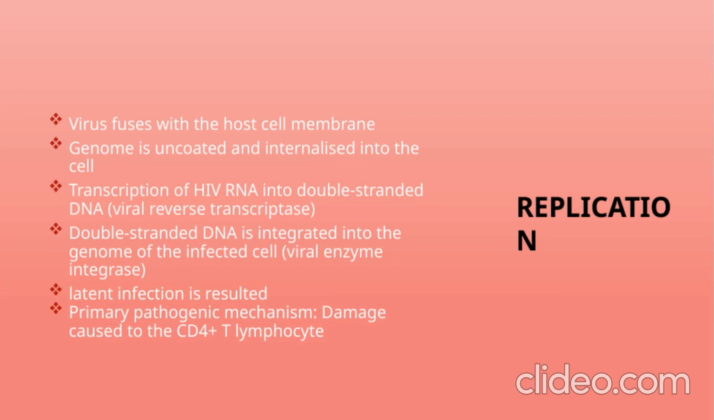First, the virus fuses with the host cell membrane, which essentially means it merges with the cell to gain entry. Once inside, the viral genome is uncoated and internalized into the cell, allowing it to access the cellular machinery. Next, the virus uses its reverse transcriptase enzyme to transcribe its RNA into double-stranded DNA. This step is crucial because it converts the viral genetic material into a form that can integrate into the host's